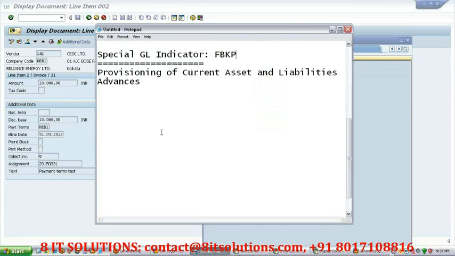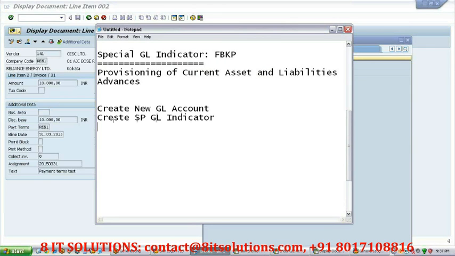So first of all, to satisfy this objective, you need to create a new GL account. Second, create the special GL indicator. Third, post a transaction. Fourth, display report.